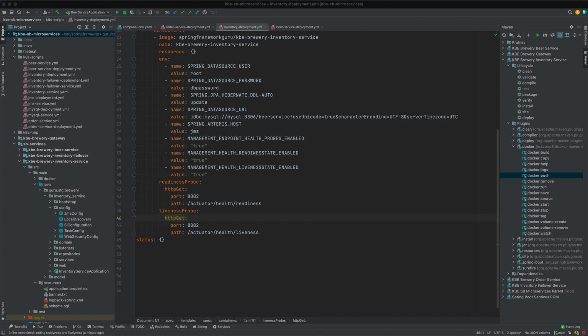Again, it's two things that we need to do. One is to set up Spring Boot. We need to configure Spring Boot to enable this capability, and then we need to make Kubernetes aware of this capability. So the first thing we want to do is come in, and I'm going to look at the inventory